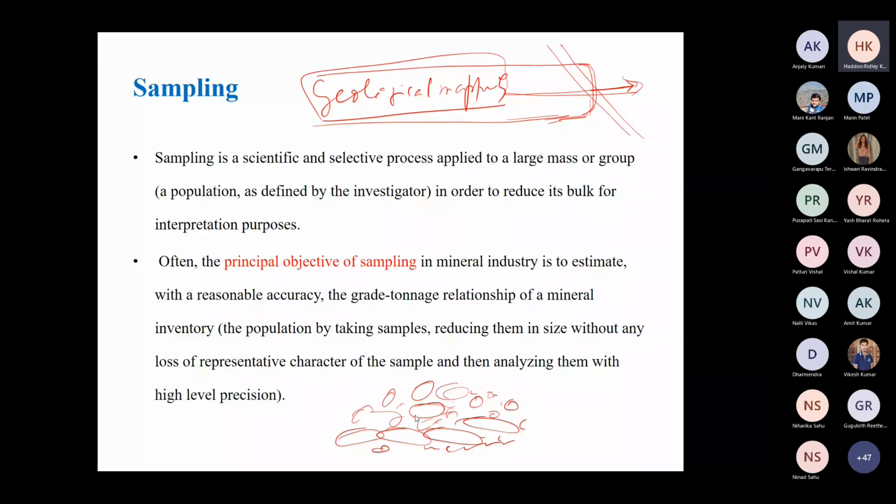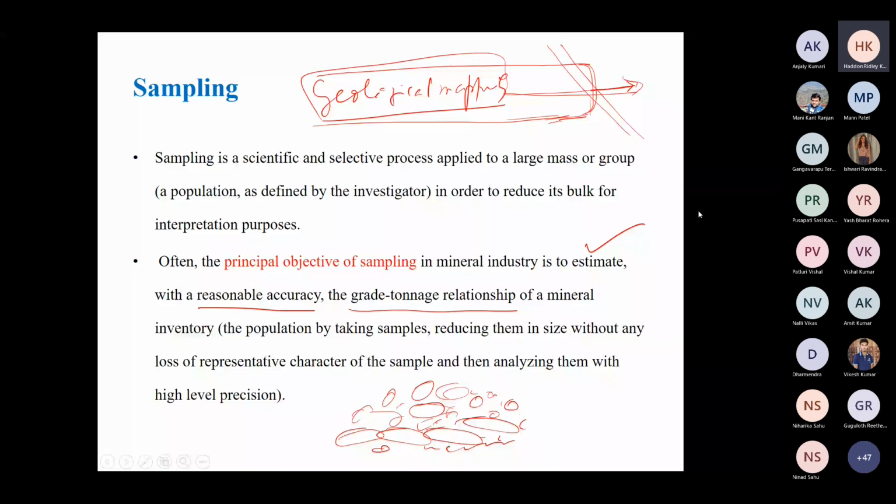So for constant feedback, you need to have a grade-tonnage relationship: how many tons at what grade you are producing, and that too with reasonable accuracy. Otherwise, it will be very difficult for you to understand the economic value of your mining. That means the principal objective of sampling in any mineral industry is to estimate, with reasonable accuracy, the grade